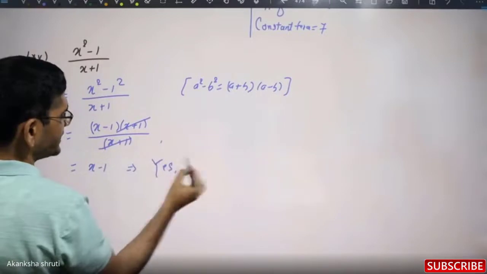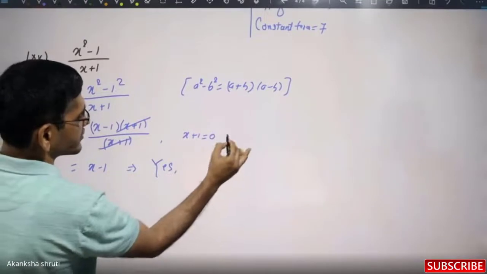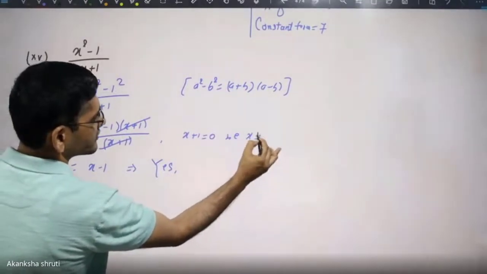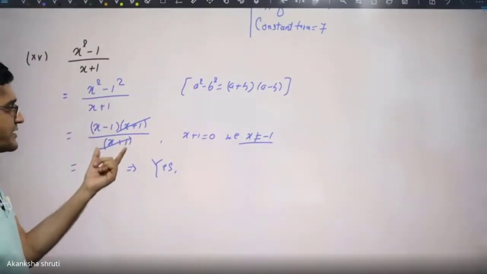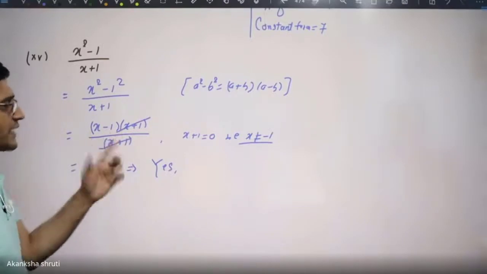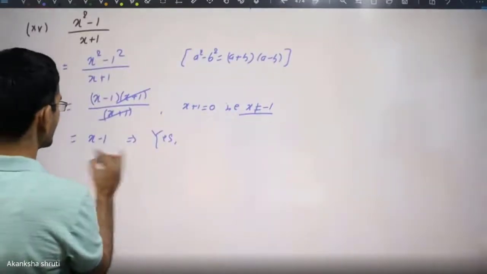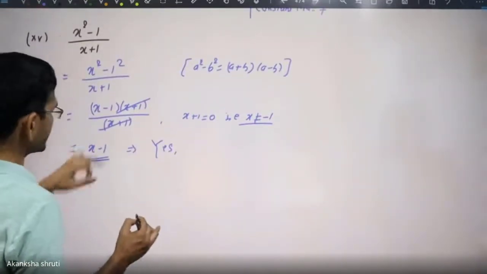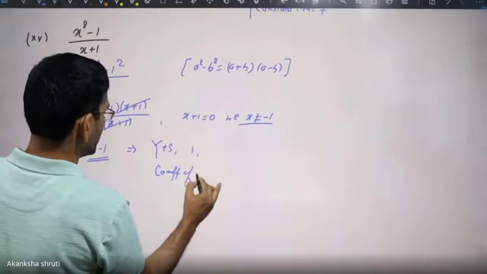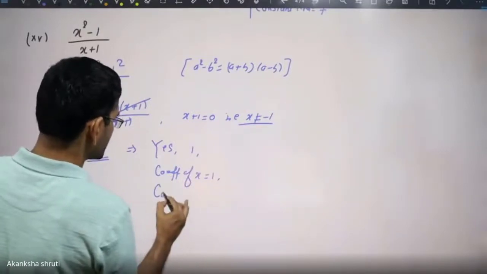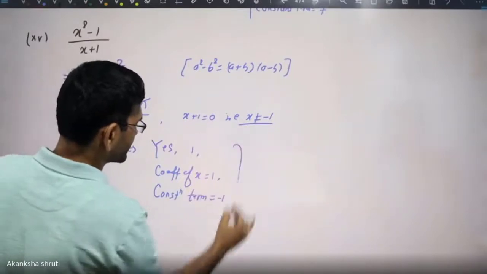Under which condition? Under the condition that x plus 1 should not be equal to 0. That is, x should not be equal to minus 1. Why? If it is minus 1, then the denominator becomes 0. So division by 0 is not possible. और 0 by 0 cannot be cancelled. That is the maths basic जो कि आपको हमने पहले क्लास में बतलाए हैं. Student, but on cancellation we are getting x minus 1. So yes, with degree 1, coefficient of x is also 1, constant term is minus 1. Okay, student.